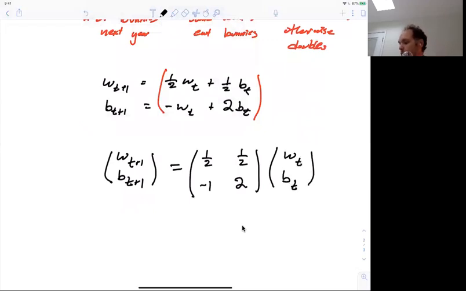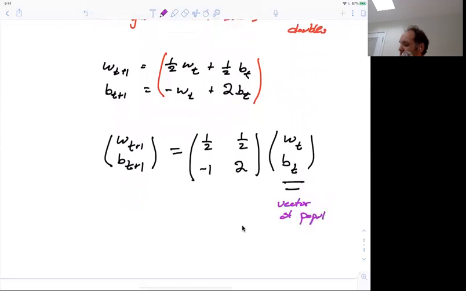So now with our newfound language of matrices, we can see that at every year, at every step, the number of wolves and bunnies, instead of being multiplied in a fancy way with these fancy formulas, you can think of it as together that vector of population. This is a vector of populations. It's just getting multiplied by a single matrix, and that gives you the new one. So how this works is you're going to have a population, you're going to multiply it by a matrix, and it gives you the new one. And then you're going to go back and do it again to find out the year after that, and the year after that, and the year after that.